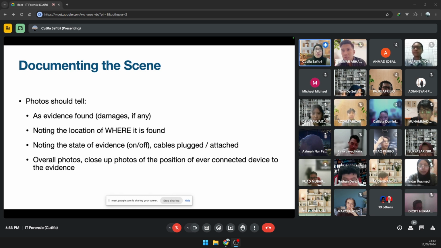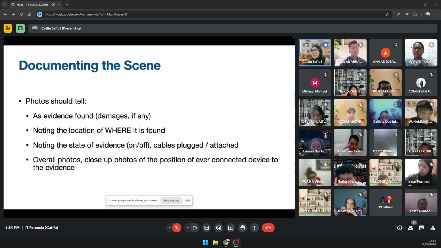But before you put it in airplane mode, make sure that you take note. For example, a phone has been found, and it is currently connected to Sekar's Wi-Fi. I know Sekar is connected to this phone, so then I have to interrogate Sekar. Sekar, where did you buy this SanDisk, for example? So you have to take note first.